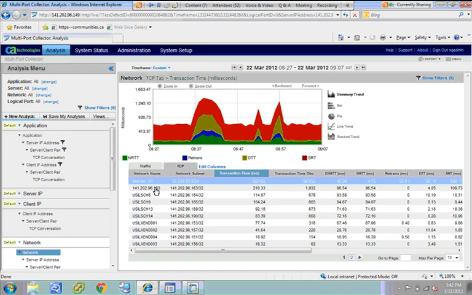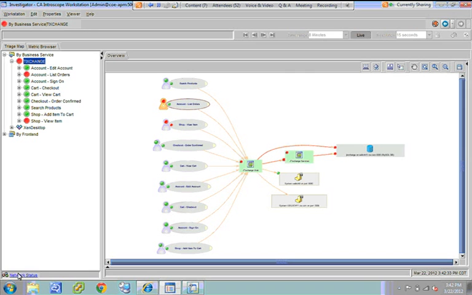So how do we actually resolve this? At this point, CEM told us there are slow transactions occurring. ADA has told us it looks like it's a network issue and it's due to retransmission delays occurring. Okay, but why is retransmission delay occurring? How do we answer that question? Well, that's where we want to leverage the entire service assurance solution. If we head back into Interscope, back into the APM UI, there's a link down the bottom left that says network status. If we click on that link,